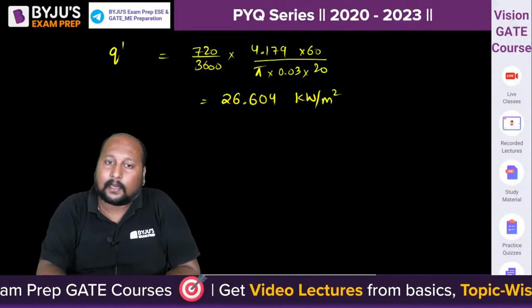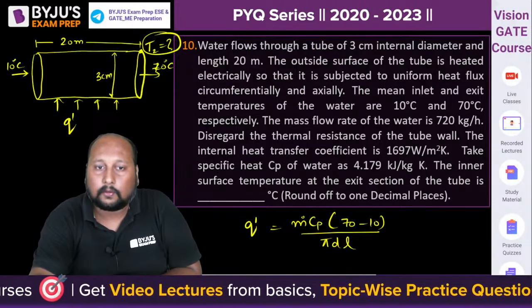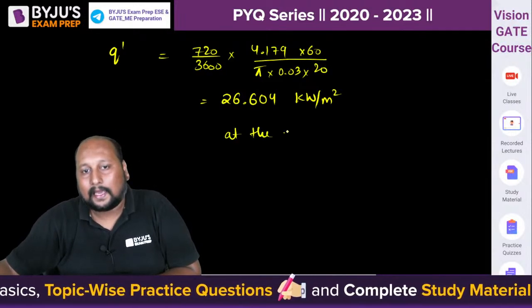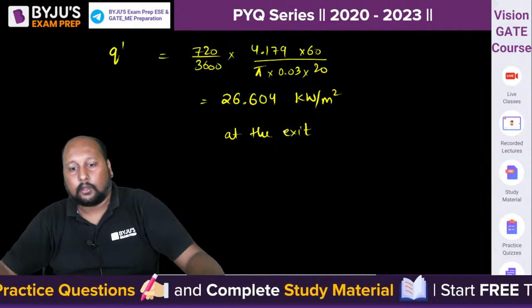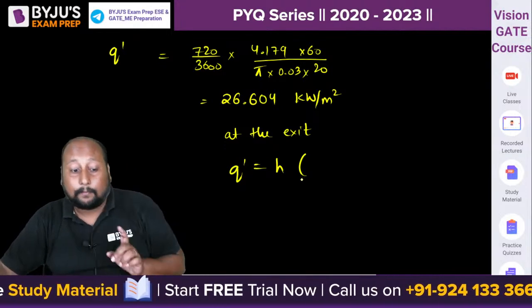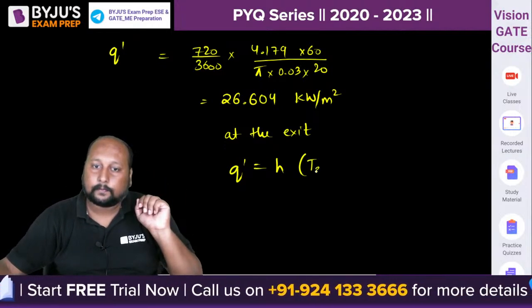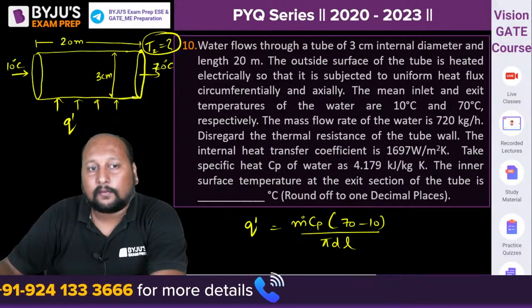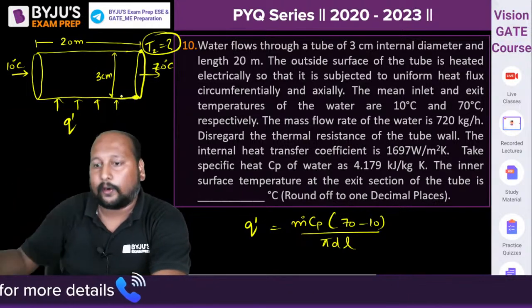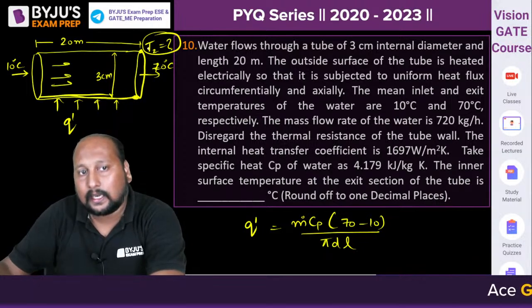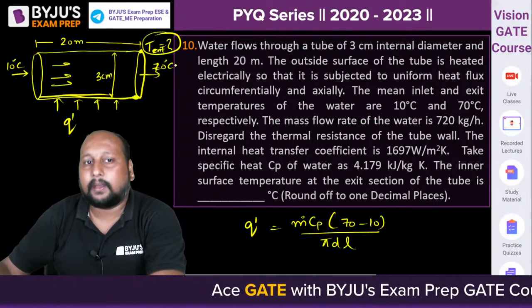After getting the heat flux value, now we can use the same condition, because there is a convective heat transfer coefficient at the exit. So at the exit, whatever heat flux is flowing, that is h into the exit temperature minus the outlet temperature. Because this heat is supplied on the wall and this wall is dissipating heat to the fluid. The fluid is moving like this. So this surface gets heated first, then this T2 temperature or T exit, your exit temperature, will be supplying heat to the bulk mean temperature at the outlet.